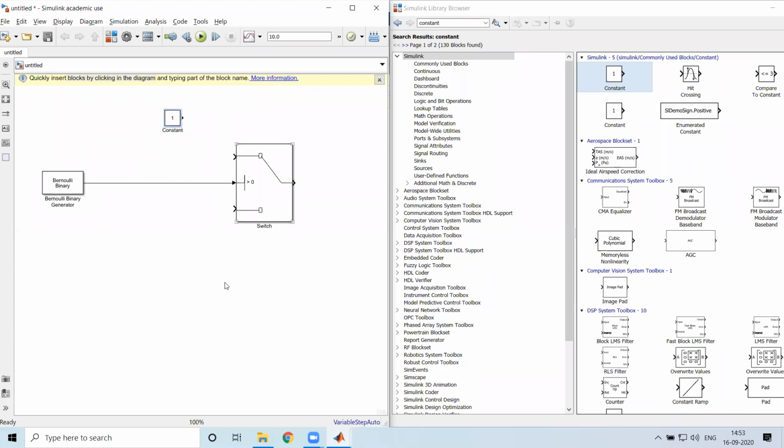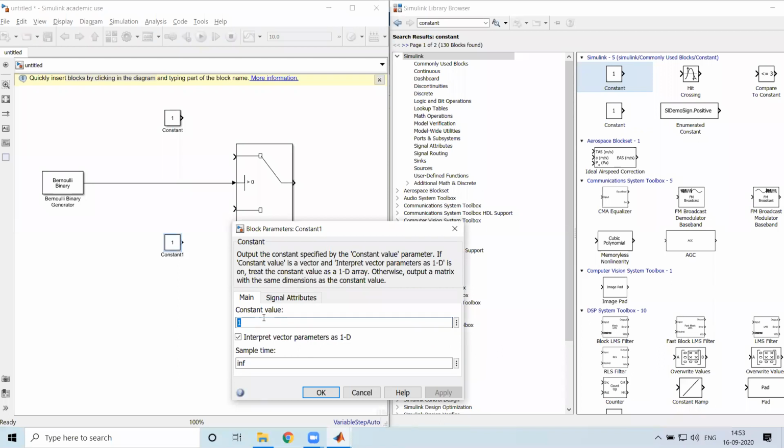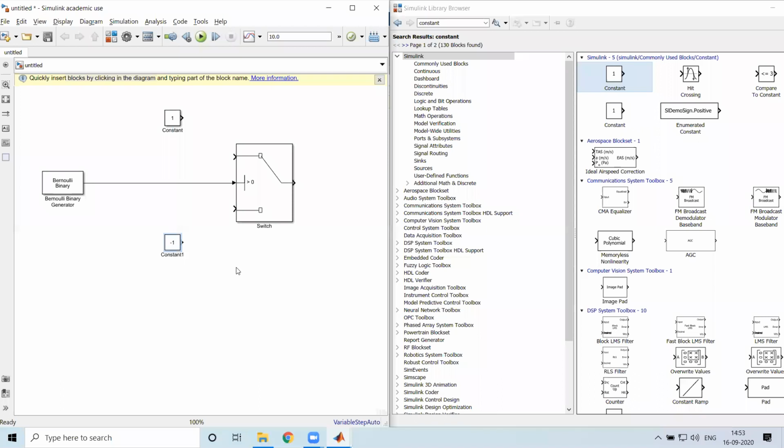Now I want another block of the same kind, so I'll get another constant block, but this one I'll take as minus. As I had discussed, we are dealing with the NRZ polar format. In that, logic 1 is represented with plus voltage and logic 0 is represented with minus voltage.